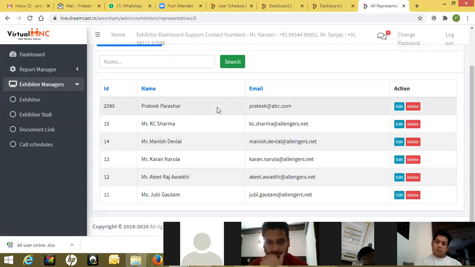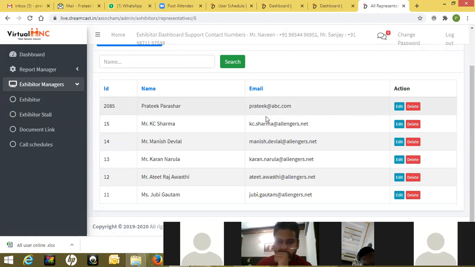Just make sure that the email ID you use here, if you're also registered as a visitor from the front end, is different from the one you used for your visitor registration. Otherwise, it is not going to accept it. Because to chat with the visitor, you'll have to add the details here at the back end, and then log in with the same details from the front end as an exhibitor.